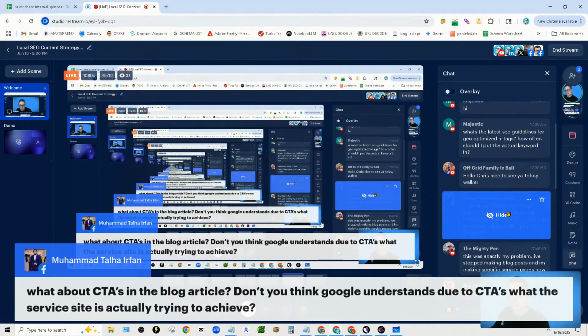Mohammed says, what about CTAs in the blog article? Do you think Google understands, due to CTAs, what the service site is actually trying to achieve? Call to actions inside of your blog article. Do I think that a call to action or one or two instances of a call to action per blog is going to outweigh the overall amount of pages that are generated talking about said topic, targeting informational intent? What I'm getting at here is